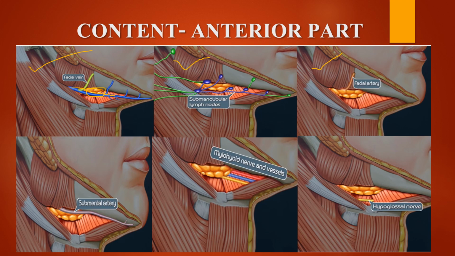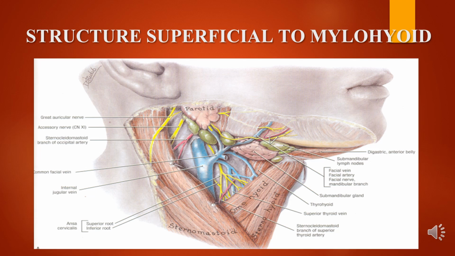We will also study it under two other headings, that is structures related or superficial to the mylohyoid muscle, and structures related to the hyoglossus muscle. In general, these are the six contents of the anterior part. Structures superficial to the mylohyoid muscle are the anterior belly of digastric, submental arteries and accompanying veins, nerve to mylohyoid, mylohyoid vessels, and the superficial part of the submandibular salivary gland. And the structures lying deep to it will be the hyoglossus muscle and the structures that lie superficial to it. We will see it in the next slide.